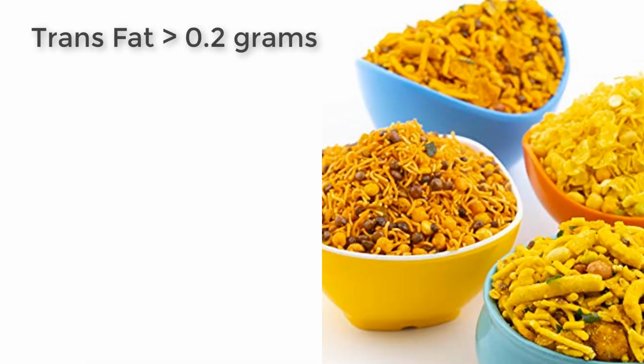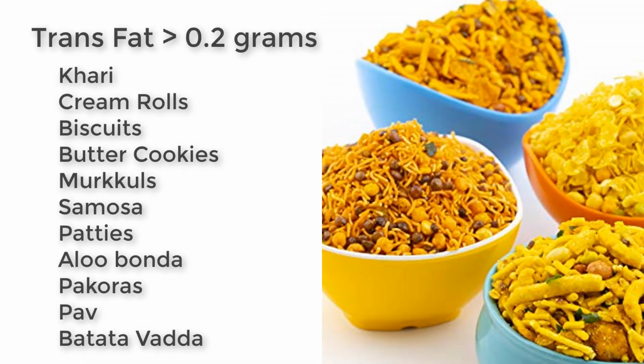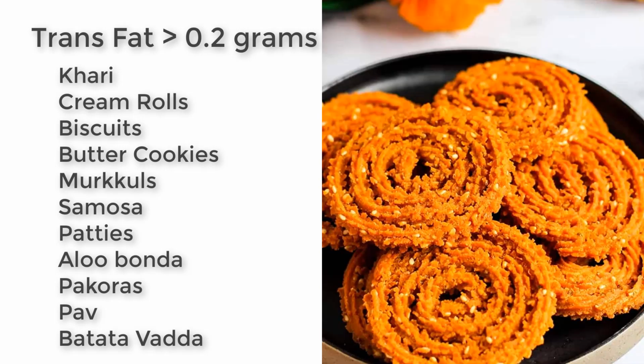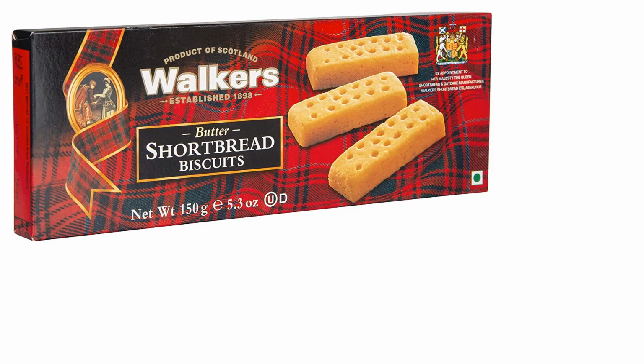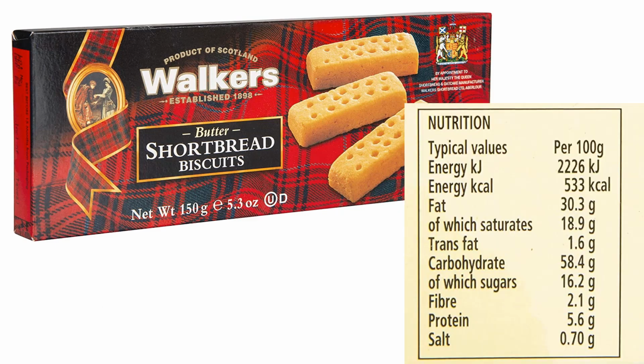Other foods that have a lot of trans fats in them are a lot of desi snacks. So things like chiwda and khara, a lot of them have a little bit of trans fat in them. So my recommendation to you is look in your pantry, look at the food label. Make sure you see the portion size or the serving size that this label is about, and go and look at the total fat, and just below it there is trans fat. This should be 0. If you have anything that is above 0.5 grams of trans fat, I recommend throw them